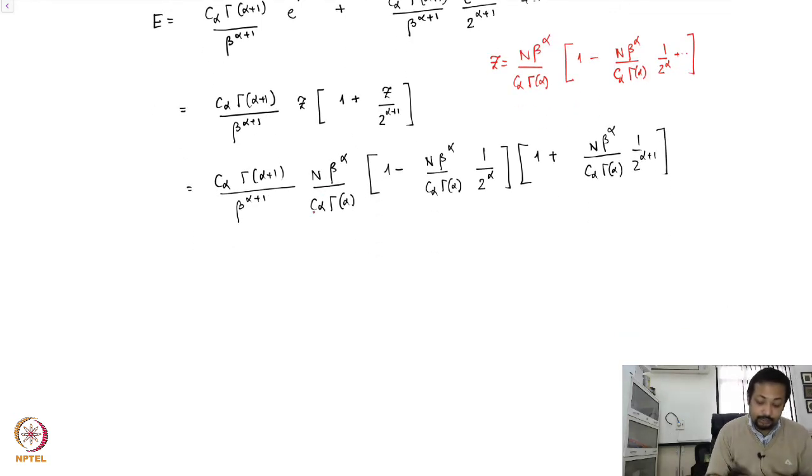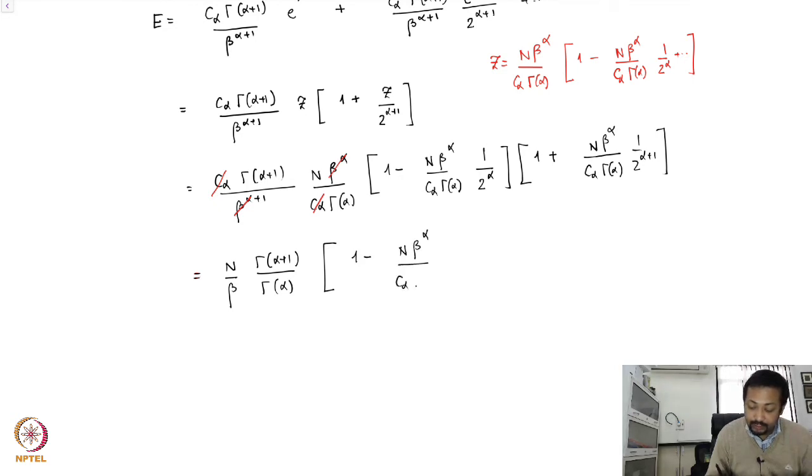There are cancellations, as you can see. This gives you this: the beta alpha cancels with this, and you are going to have n times gamma alpha plus 1 n over beta divided by gamma alpha, and once again this is going to be n beta alpha C alpha gamma alpha 1 over 2 to the power alpha, 1 minus 2 to the half. So 2 to the power alpha is common, it comes out, and then you have the higher order terms,